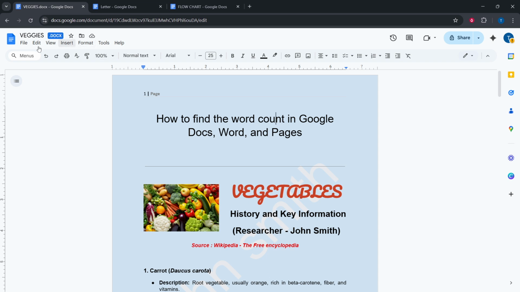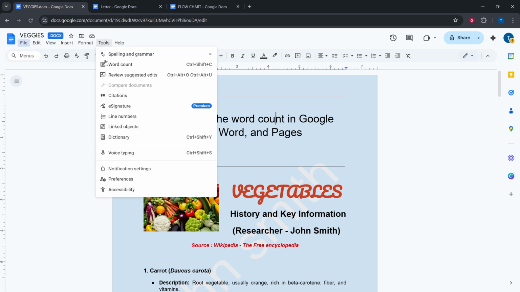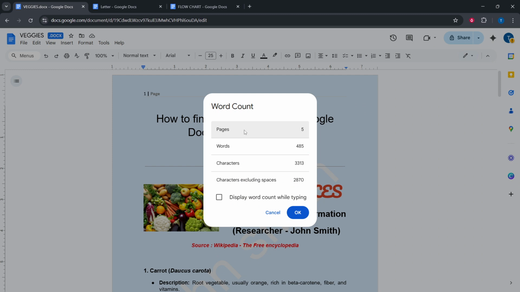Let's start with Google Docs. On a computer, open your document and head to the top menu. Click Tools, then Word Count. A small window will pop up showing your total words, along with other details like pages and characters. If you prefer a shortcut, press Ctrl+Shift+C on Windows or